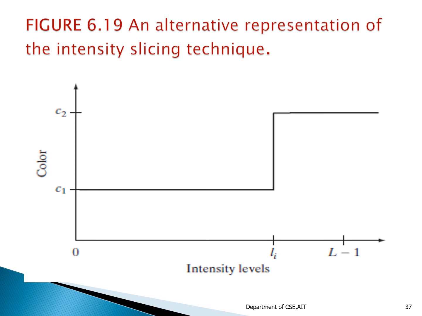This picture shows an alternative representation of what we have defined in the previous mapping. According to the mapping function shown here, any input intensity level is assigned one of two colors depending on whether it is above or below the level Li. When more levels are used, what is going to happen? This function is going to take the form of a staircase.